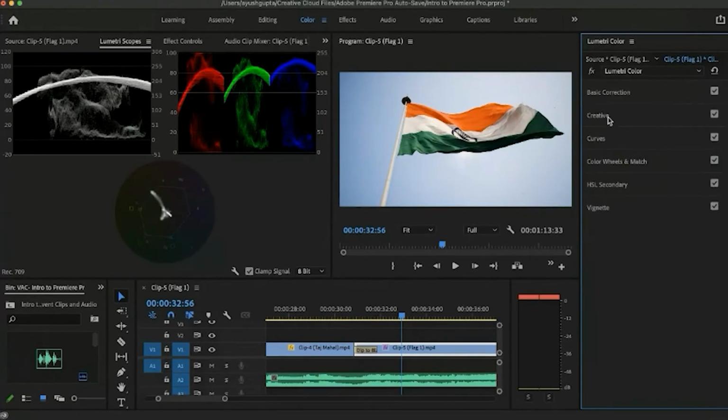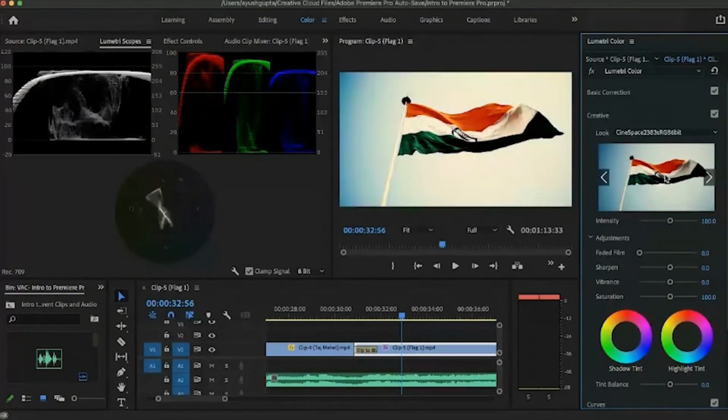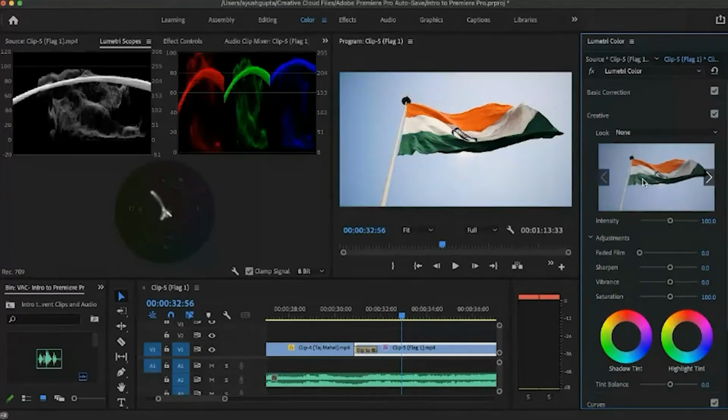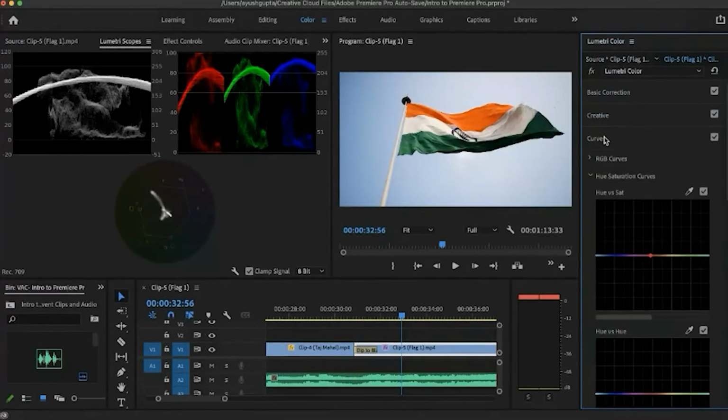This is the basic correction. Now in the creative part, there are many looks. There are presets by the Adobe Premiere Pro community itself. Like suppose you want to make the image look like this, but it looks better as it is. So we won't play with the creative part.